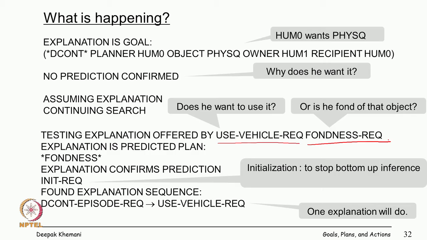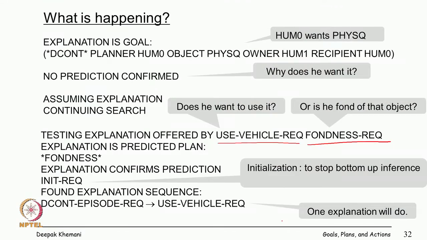So, we had seen in the story representation that Pam had created that the goal could be one of these two reasons: he wants a bicycle because either he likes bicycles or he wants to use it for something. So, one of them will do. It accepts the fondness request, and says that this confirms the prediction that people want things because they are fond of things. There is an init request which stops this bottom up process and says okay, now you can stop, you have matched the theme, and